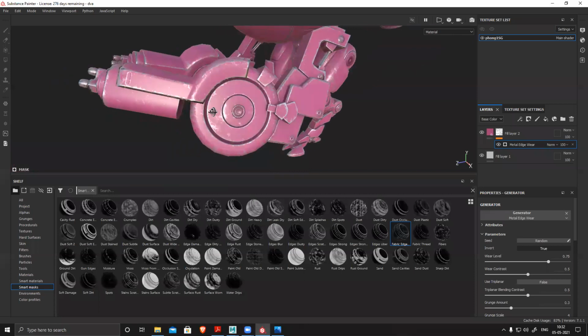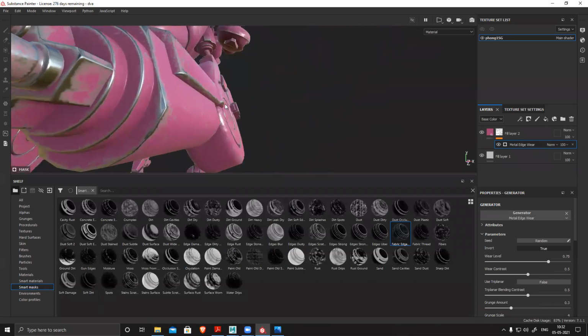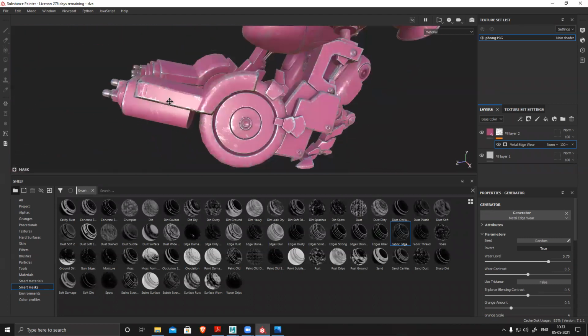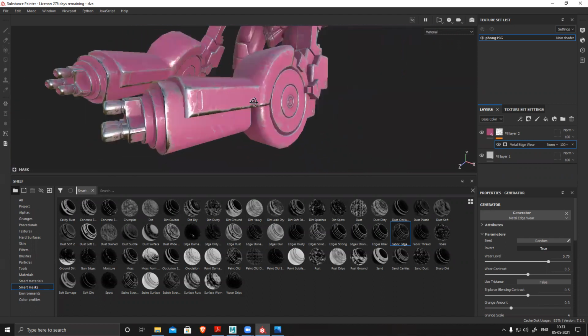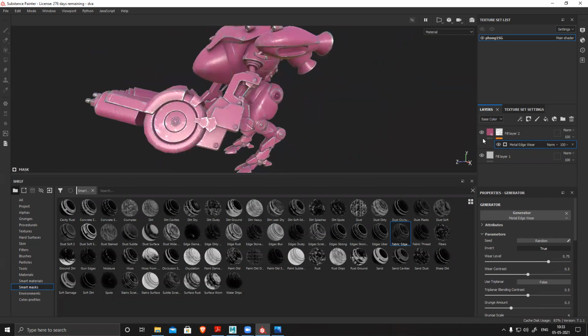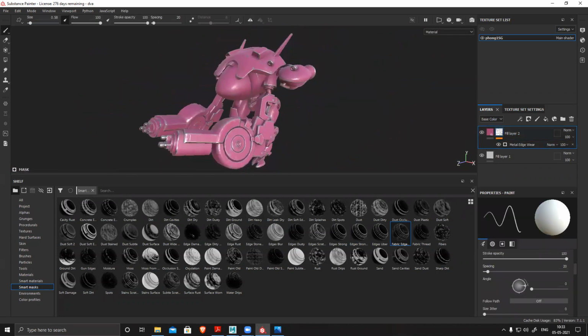And it reads all your normal map. Whether you have a mesh or not, doesn't matter. You see it's a flat surface, but it's generating all the detail. Like this, we'll add all the metal edge wear. And then on top of this, there are a few basics. First, color, your base solid color. Then on top of this, you add the paint or whatever you have. Now your paint is done.